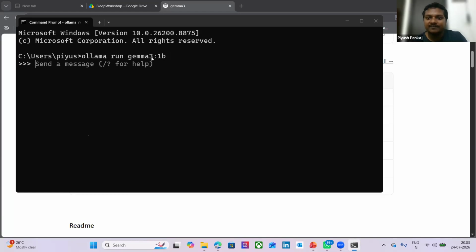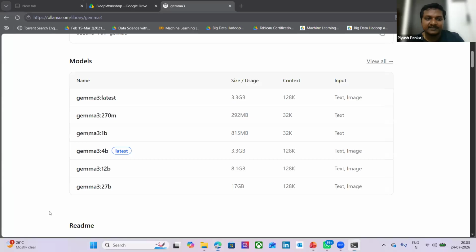I'm using one LLM. Okay, Pratik asked me to explain LLM. So let's say, Pratik, this is one of the LLMs, Gemma 3. It is trained on 1 billion parameters. A large language model that is trained on a vast amount of data. Parameters is nothing but data. It could be PDF, it could be text, it could be public websites. This is a language model that is going to work on the language we use.